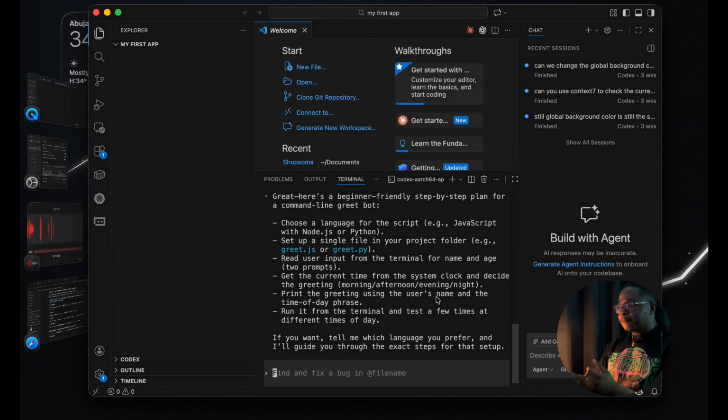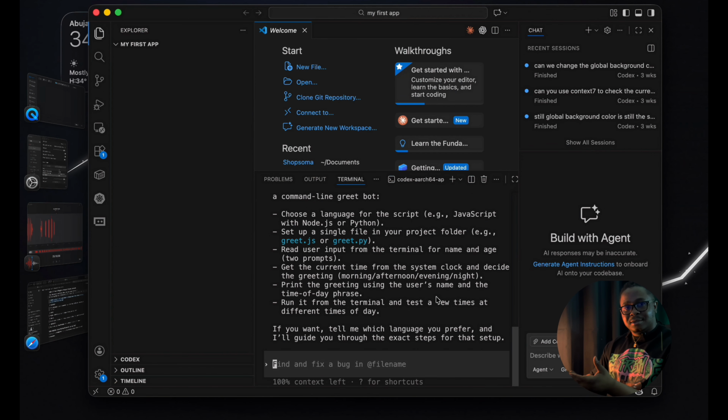So as you can see now, it has given you a plan. And this is a plan for how you can break down this whole project of a greeting bot that I want to build into small chunks for you to build. So now all we simply need to do is to start the foundation. What language do you want to build this in and everything. So now let's build out this project.